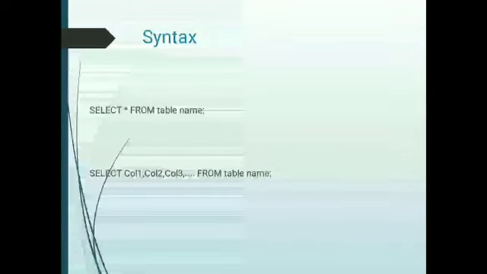Second syntax is select column 1, column 2 up to column n from table name. If you want to view information of only specific columns, then you can use this syntax of the select command. Here the star mark is replaced by the actual names of the columns separated by commas. You can either choose a single column or multiple columns. Whenever you are running any SQL command, just make sure that you are giving the correct order of everything. So these were the 2 most common select commands.